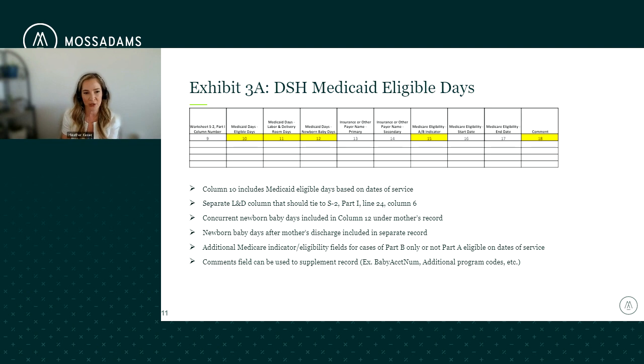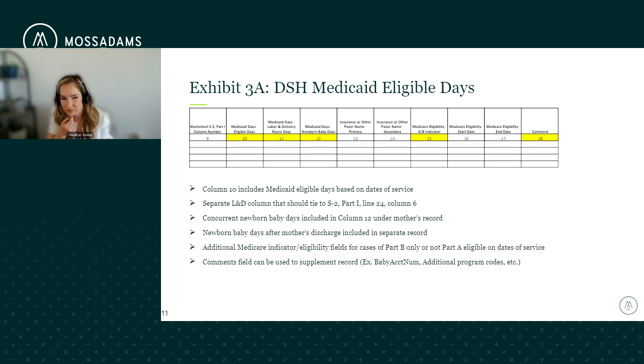There are different ways that you can handle it, but the easiest way is to roll that up in the twins' stay and put them in column 12 for newborn days, and then add in the comment field both account numbers for the babies that you plan on claiming. So Jonathan, I know we talked about this quite a bit internally when we were populating this. Is there anything you had related to labor and delivery days?